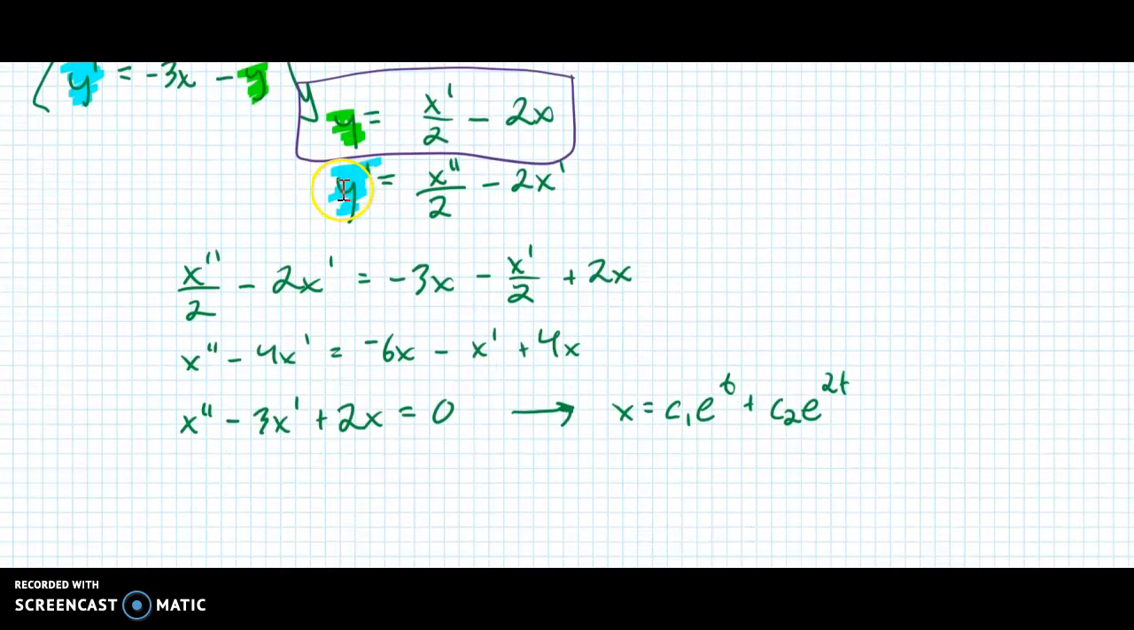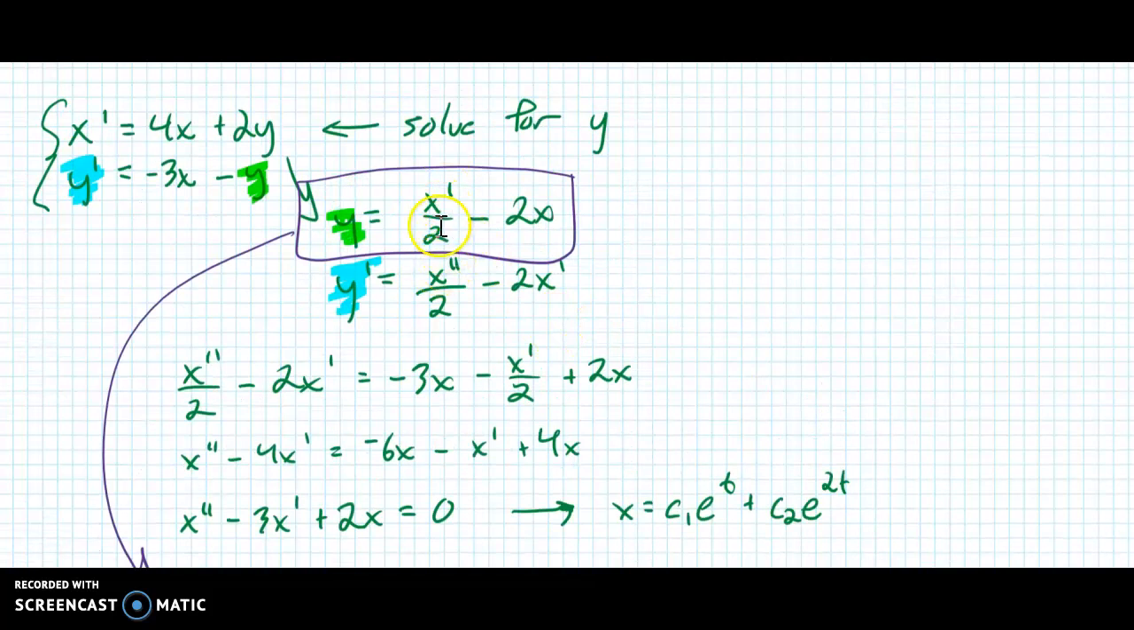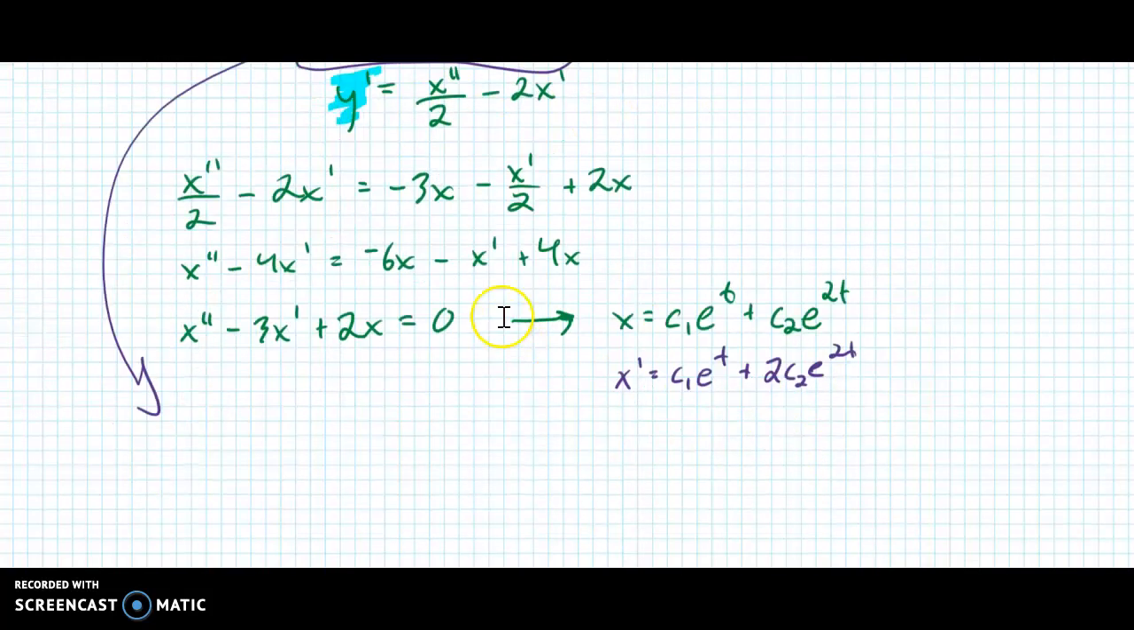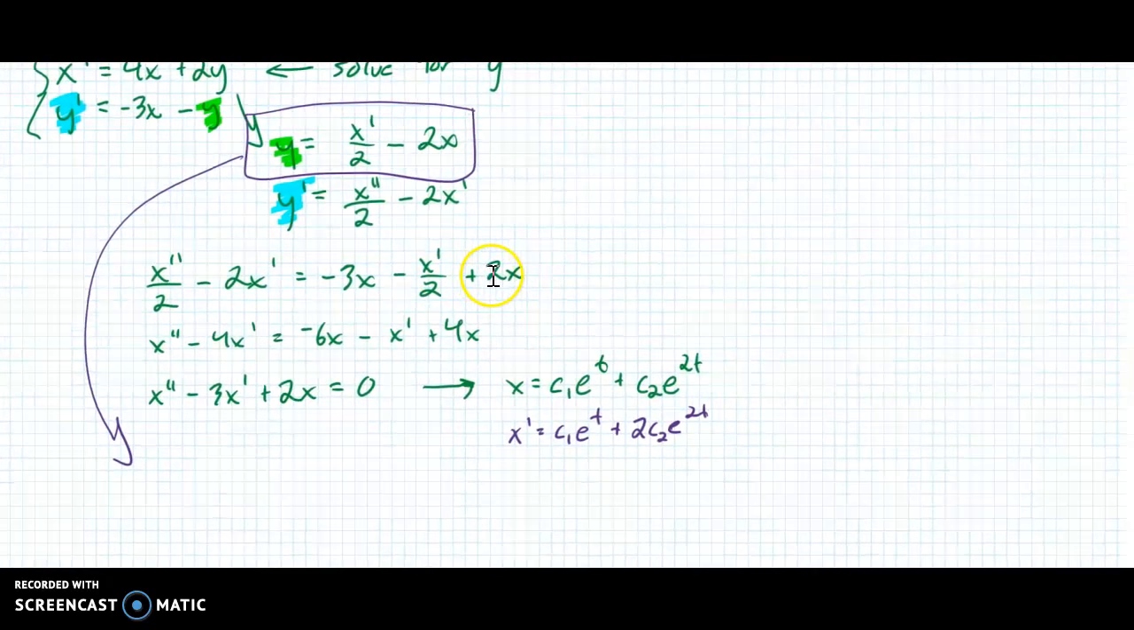So I think it's more like substitution than it is like elimination from old school. So let's bring this down here, and I need to have x prime over 2 minus 2x. So I need to find x prime. That is c1 e to the t, because that derives to itself, plus 2, chain rule, c2 e to the 2t. So when I do my y using this, I'm going to do y is equal to, all right, x